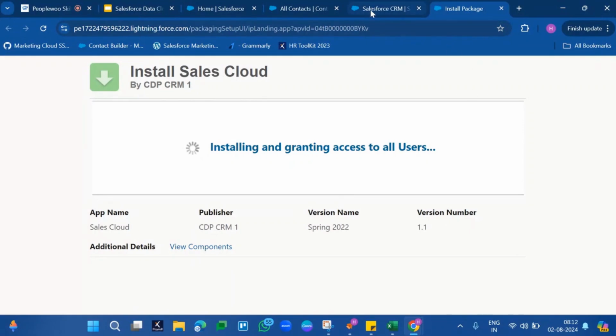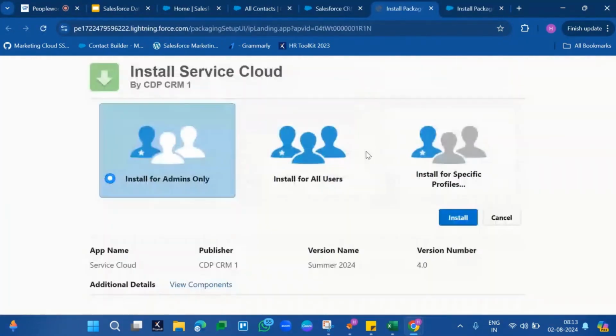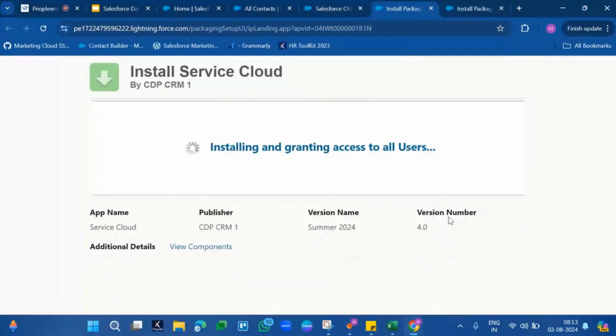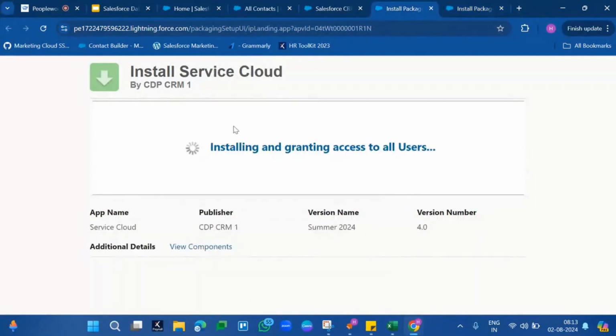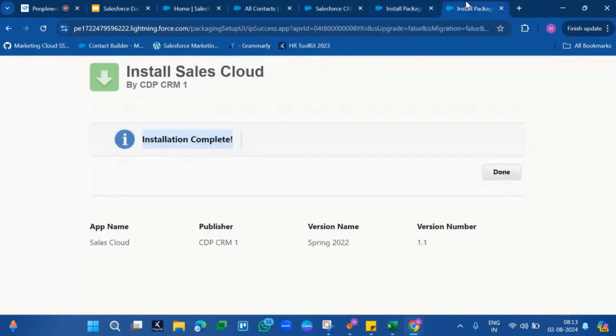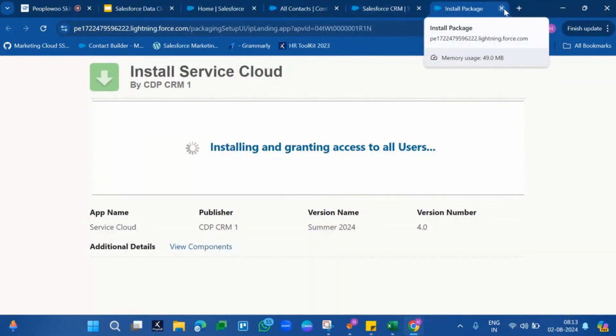Similarly, we have Service Cloud as well, where you have cases, tasks, and other Service Cloud objects. If you want to bring that data to Data Cloud as well, you have the Service Cloud starter bundle. We can go and click on install Service Cloud starter bundle as well. So our Sales Cloud starter bundle and Service Cloud starter bundle have started to install. In fact, the Sales Cloud starter bundle is already installed, while the Service Cloud starter bundle